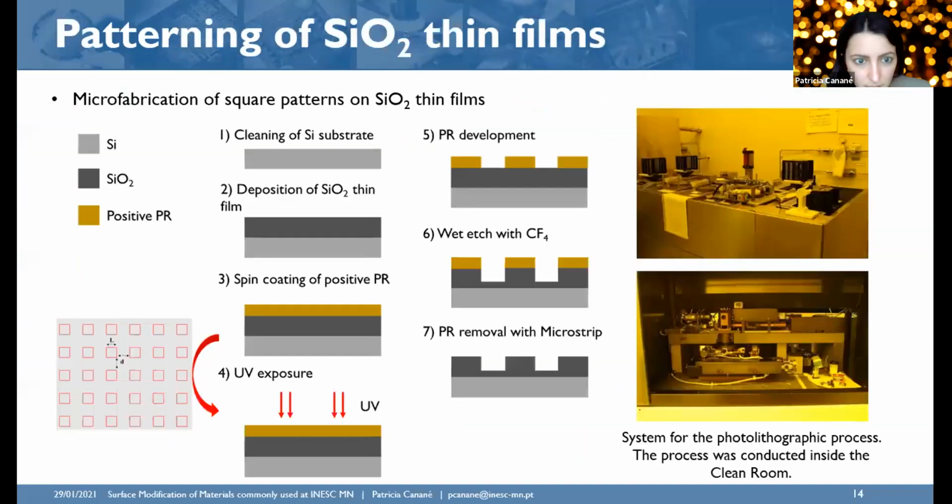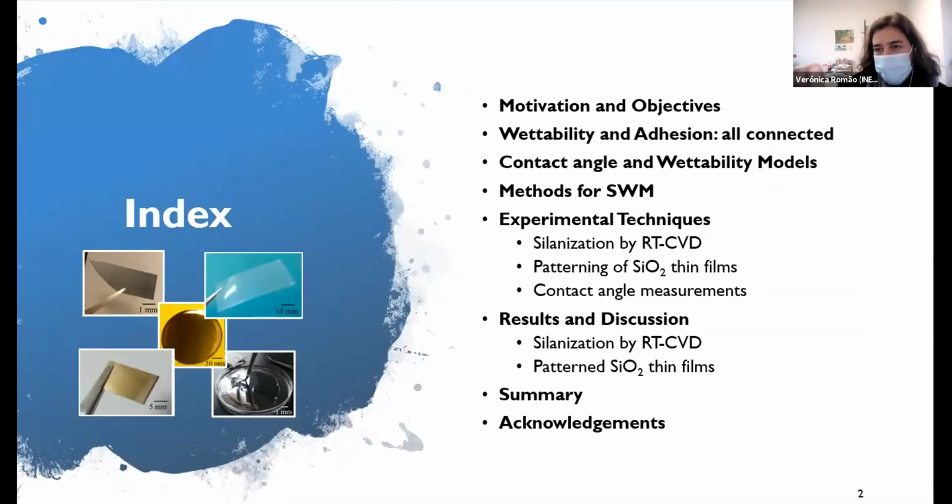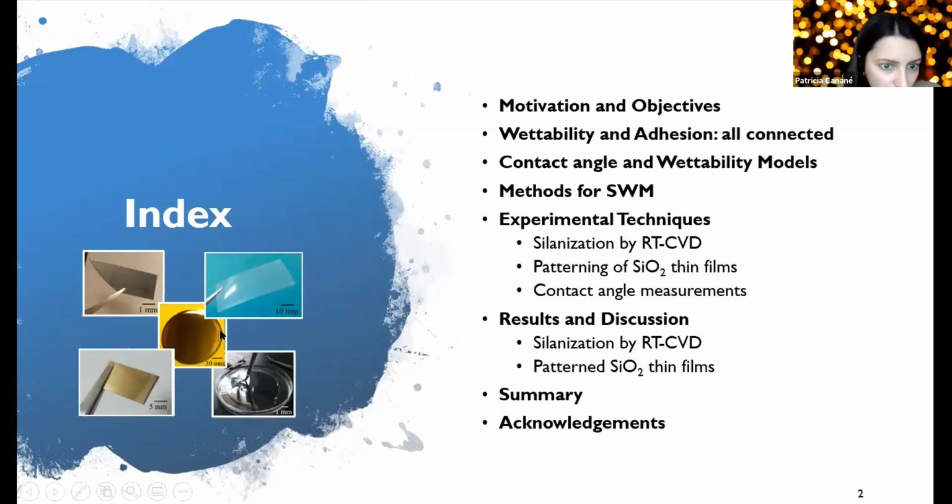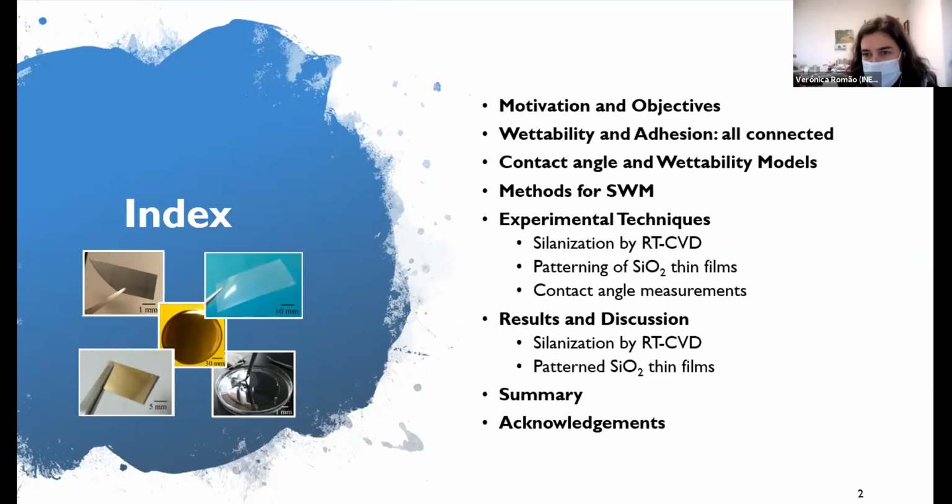Wait, I think I have an image here that can help. Here you see, this is 5 millimeters, 10 millimeters. Okay, it's centimeters. The substrates were big enough for me to put more than 3 droplets, and sometimes I did it. And since I observed that it was uniform, the data was all uniform, I stuck to 3. Okay, so it was uniform in your opinion. Yes, in my opinion, it was.